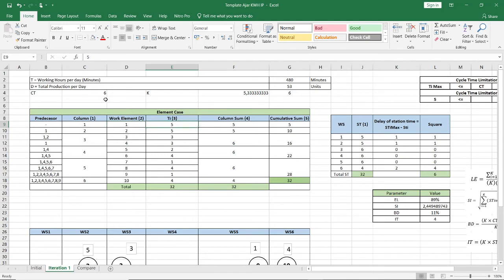So 5 is lower than 6. We can move to the second work element. It is 5 minutes, so we can sum it. 5 plus 5 equals 10. 10 is more than 6, so it cannot be merged into one workstation. So we can just write here, like here, one or first workstation.